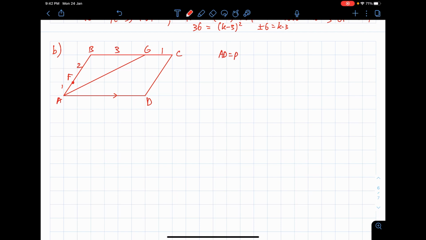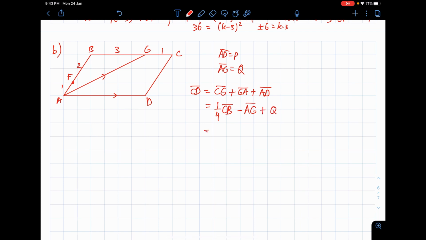And then the vector of AG is Q. Express CD as simple as possible in terms of P and Q. I found the vector CD by taking, there's actually a lot of routes you can take. I will take CG plus GA plus AD. It's like connecting the dots. CG is just 1/4 of CB, because of the ratio. GA is the same thing as negative AG. And then AD is Q.